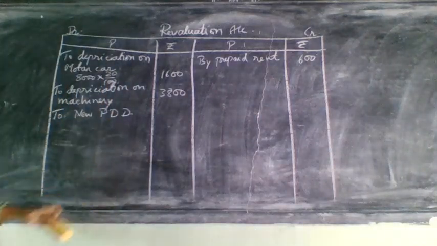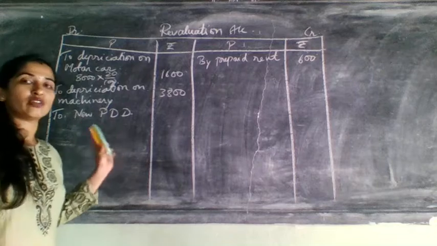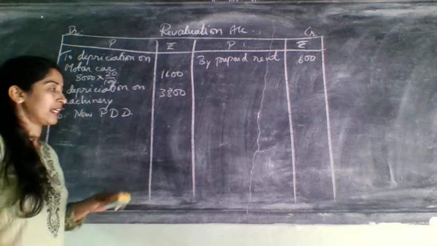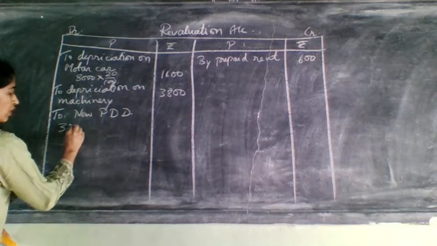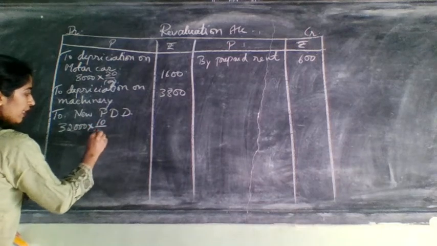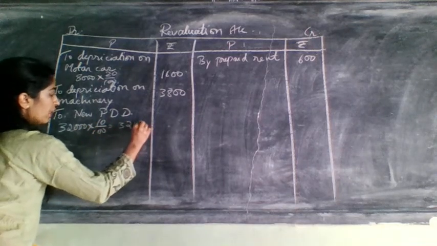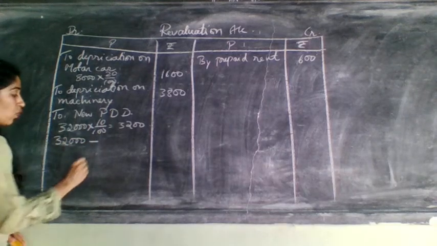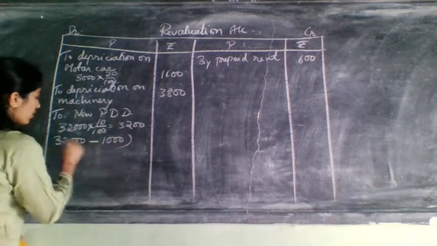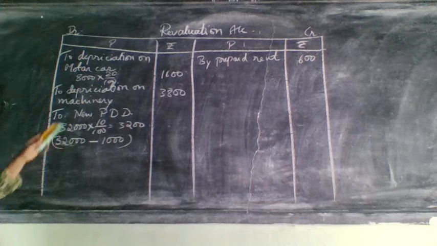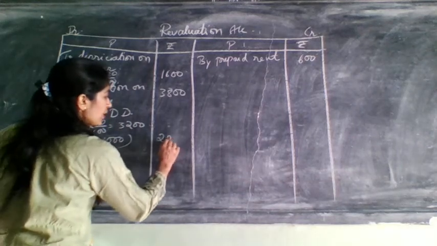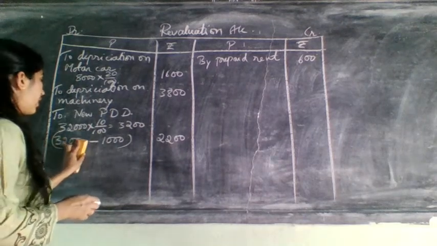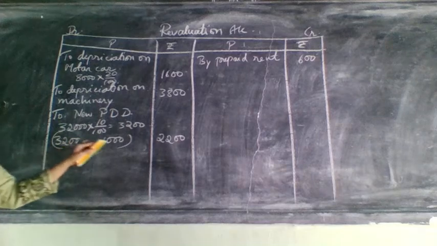Like this you need to compare and write. When they have not told you increased or decreased, at that time compare with the old balance sheet and then find out whether it was increased or decreased. So here debtors was 32,000. For this they told you to maintain at 10%. It will come 3,200. But already 1,000 was there in the old balance sheet, that is the old PDD. So minus that 1,000. Extra how much do you need to consider as new PDD now? 2,200. 3,200 you got here, 3,200 minus 1,000.